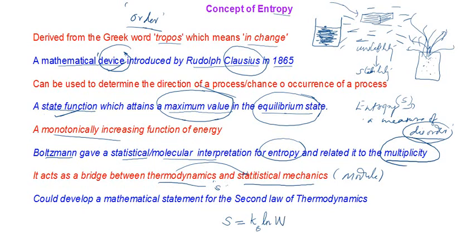KB log of W. On the left side, S is entropy, KB is the famous Boltzmann's constant that we have already seen in our equipartition law, and W is what is known as the multiplicity of the state, which we were describing as something like disorder. So S equals KB log omega, and this is the famous Boltzmann's equation